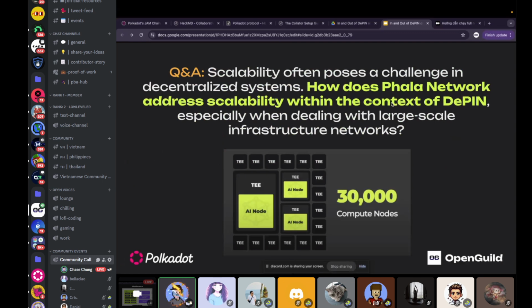Because I saw a video or an article when I researched that right now you have around 30,000 compute nodes, which are TEE nodes, I understand. So my question is, how can you handle the scalability, and also as a user, can I run my own compute node, or is this managed by Phala?